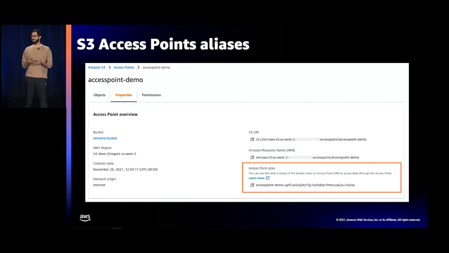So you may ask, how do I create access point aliases? Aliases for S3 access points are automatically generated when you create an access point for a bucket. And they're interchangeable with S3 bucket names. And for existing S3 policies, aliases have been automatically assigned and are ready for use. You can use an access point alias anywhere a bucket name is used today to perform object-level operations such as a put or get request.